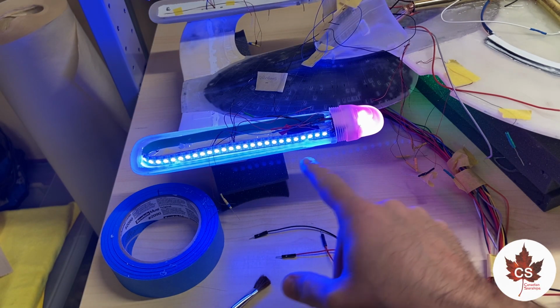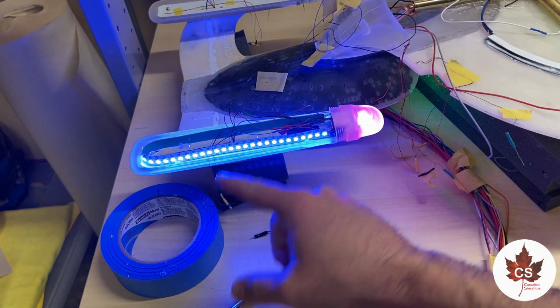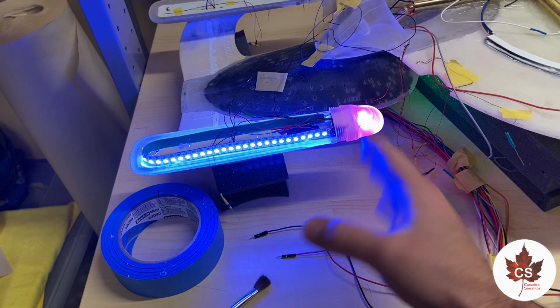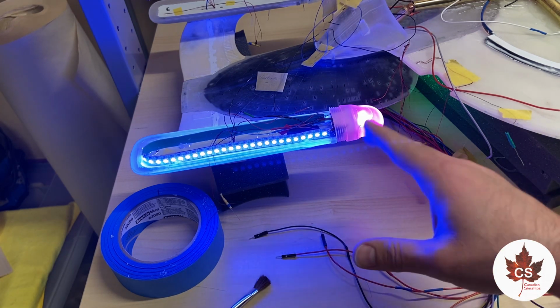The red Bizards are functioning. They've been all wired up. The only thing not wired up so far is the navigation lights. They will be done before the top section goes on, and this is not a perfect display of the lights